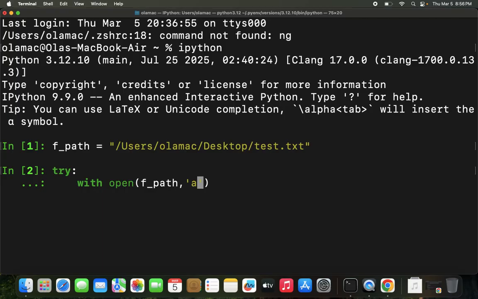So let's say we want to append to what we have there, but that's not what we're trying to do. We're trying to read, so that's read only. And then the third argument is going to be, well, we don't have to add this anyway, but it's good practice to add